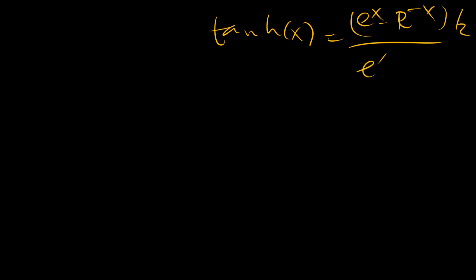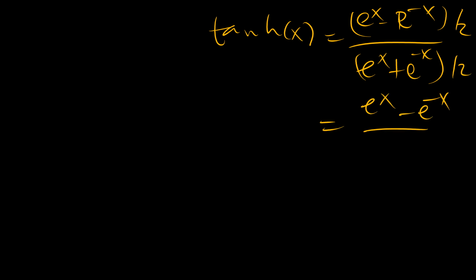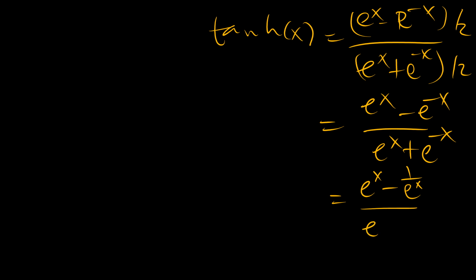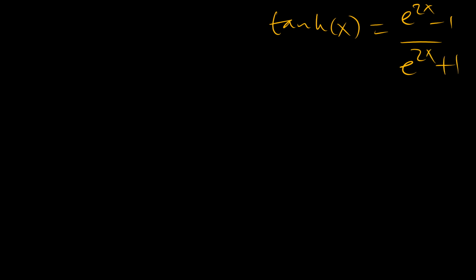So what that means is that hyperbolic tangent of x is equal to e to the x minus e to the minus x divided by 2 over e to the x plus e to the minus x divided by 2, which is simply e to the x minus e to the minus x over e to the x plus e to the minus x. And if you multiply both the numerator and denominator by e to the x, hyperbolic tangent of x is the same as e to the power 2x minus 1 over e to the power 2x plus 1. So using this,